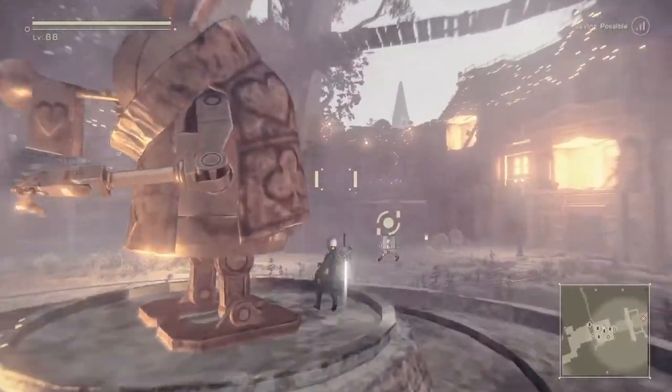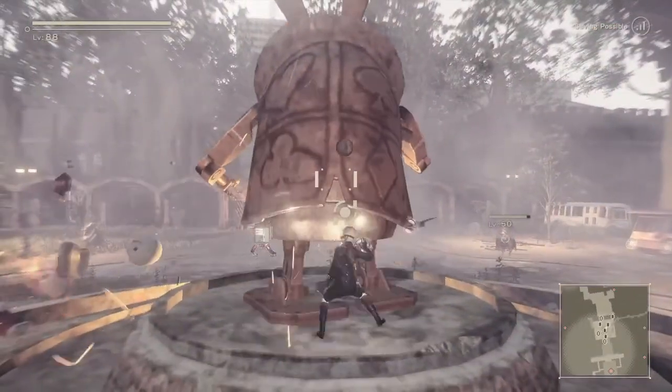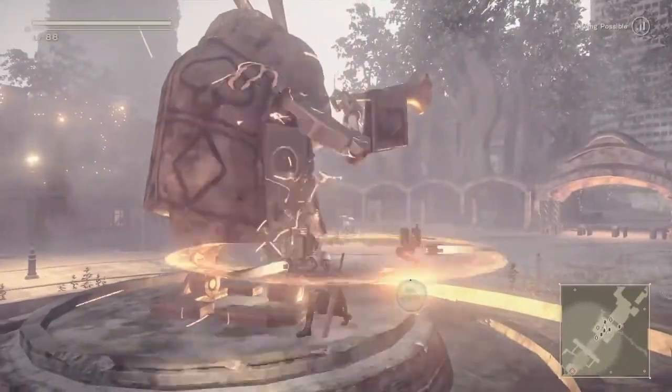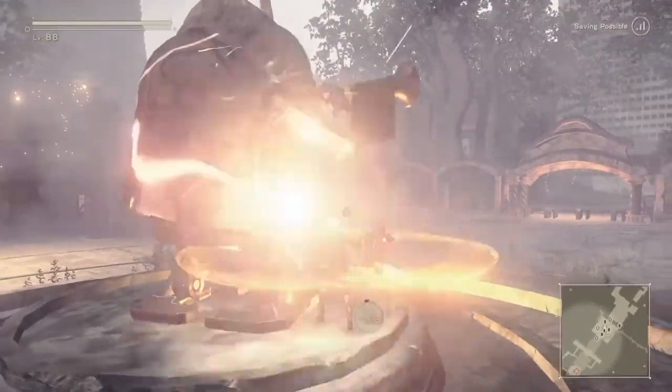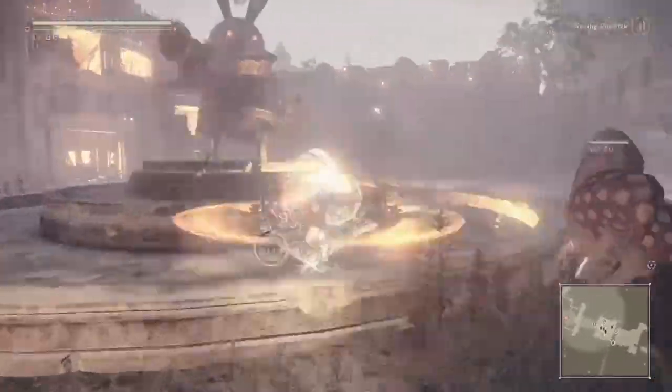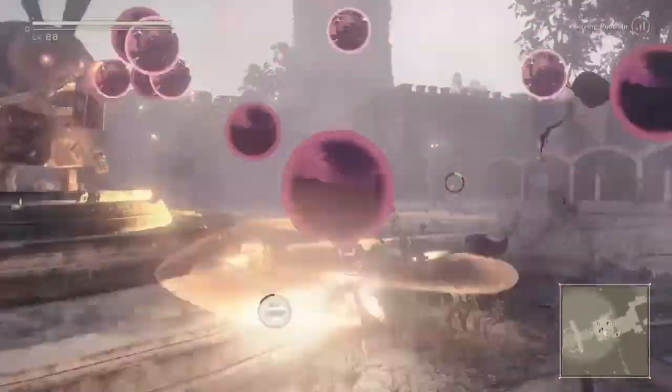So the only thing we need to do for this is attack this statue right here in the amusement park, and pretty much that's it. Just attack it until it comes alive. Once it comes alive, your best bet with this thing is actually hacking it,